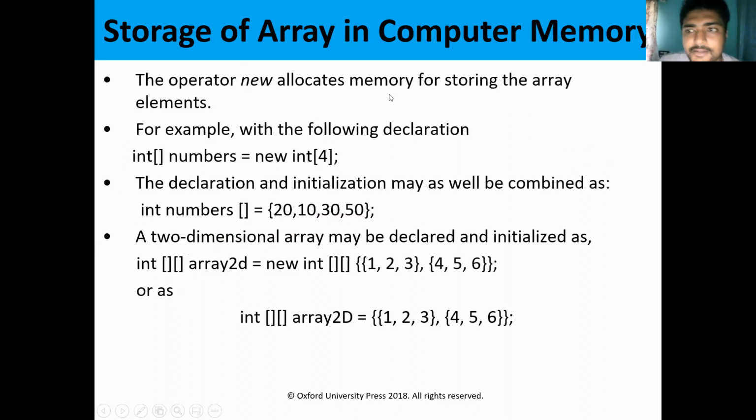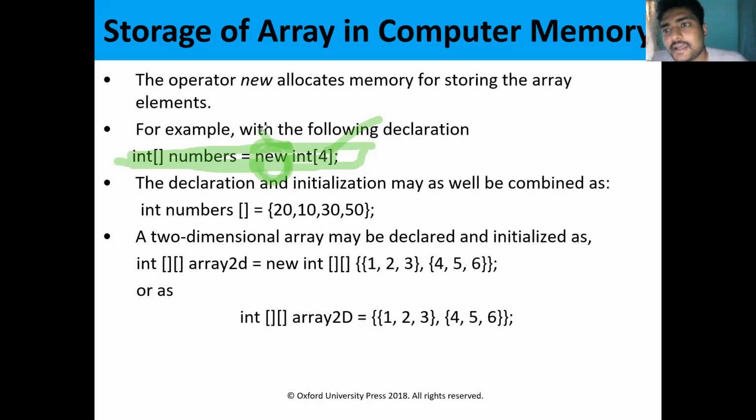So all these can be treated as arrays only. Next, there is another type of initialization of arrays. Let us see this one. This is the actual syntax of initialization of an array. By using the new operator, we can initialize the array. So int numbers is equal to new, we are using the new operator, and then type and size. This is the declaration of an array by using the new operator.